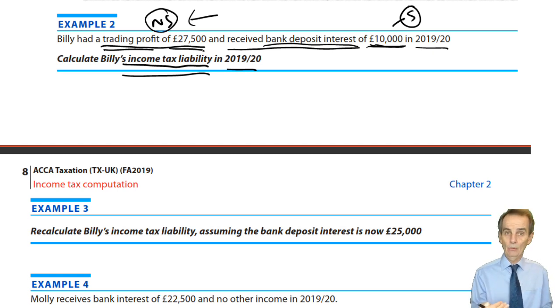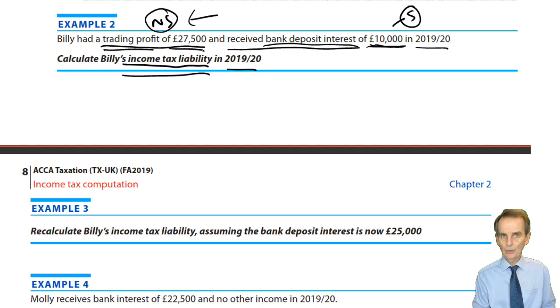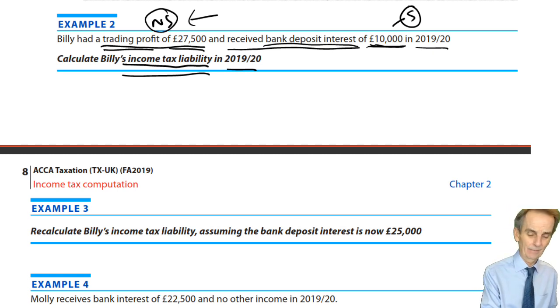What we'll then do, now you can attempt to do this yourself if you so choose, but once you pause this and you've got to taxable income, fine, have a go at it if you feel confident enough to do so and try to calculate what the income tax liability will be. But I'll pick it up again from that point and take you through the calculation of the income tax liability. So if you pause there for one moment, then we'll come back and look at how you fared on getting the taxable income figures here in example 2.